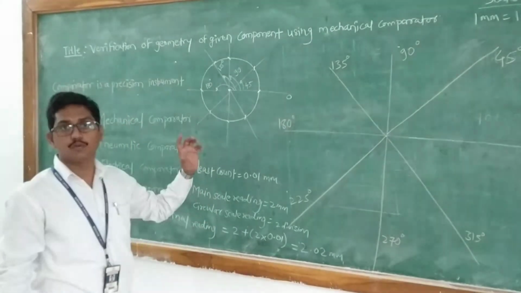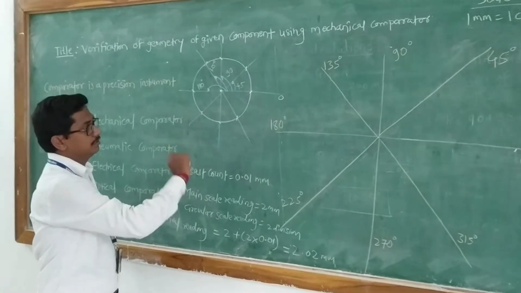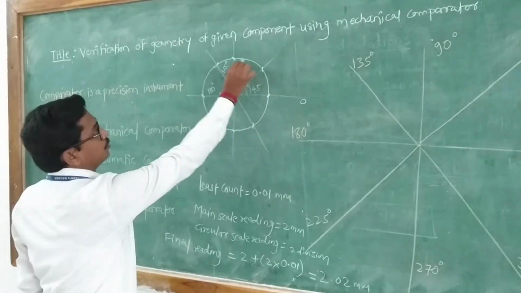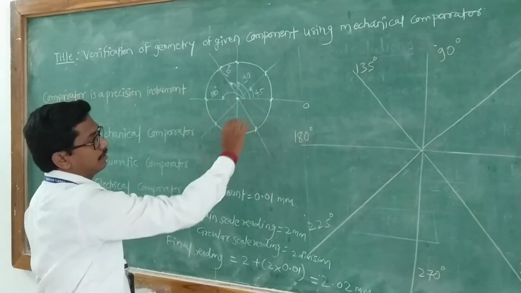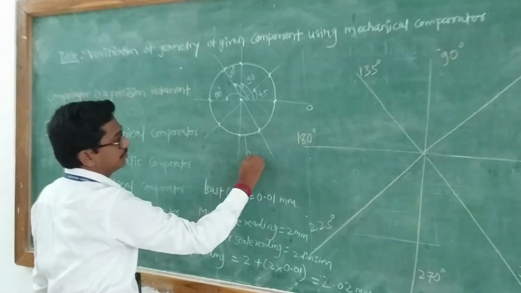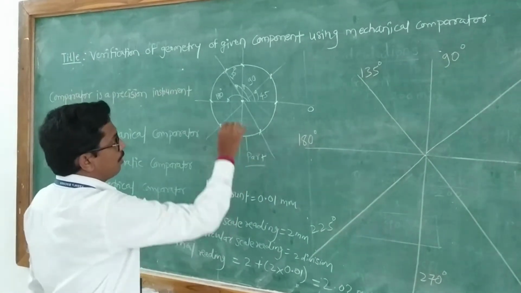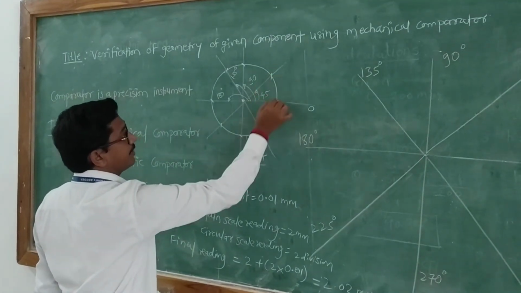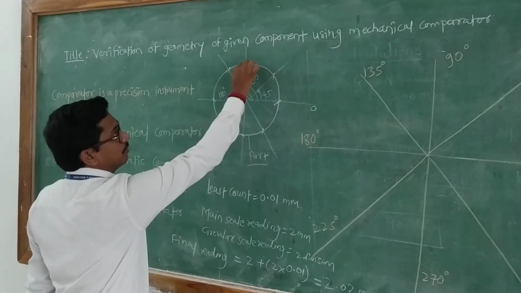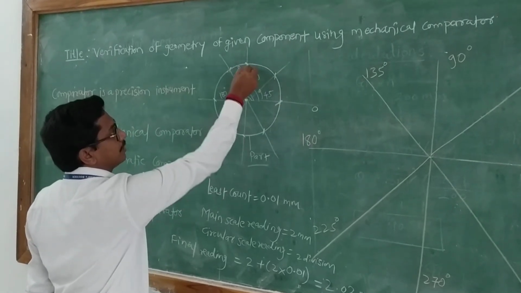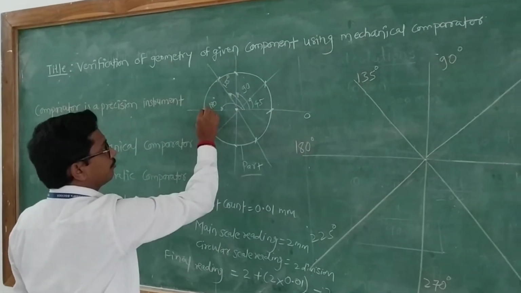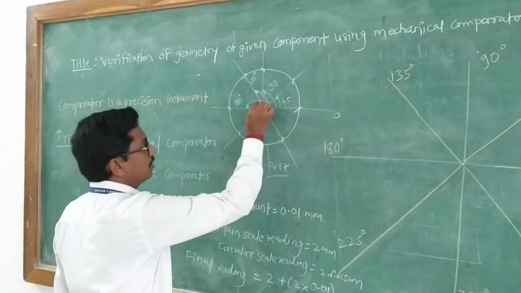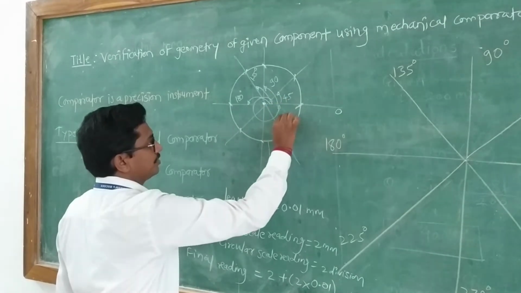In the demonstration, we have seen the cylindricity or circularity of the part. Suppose this is the cylindrical part or workpiece that we have considered. We have done the marking. The first marking, then at 45 degrees the second marking was done, plus 45 degrees becomes 90 degrees, then the third, fourth, fifth, sixth, seventh, and finally the eighth. So the total rotation was 360 degrees.